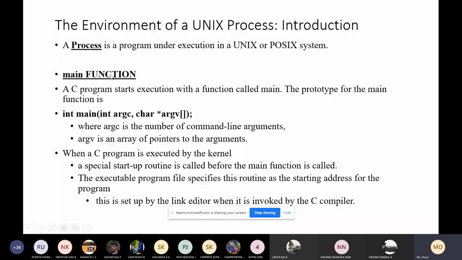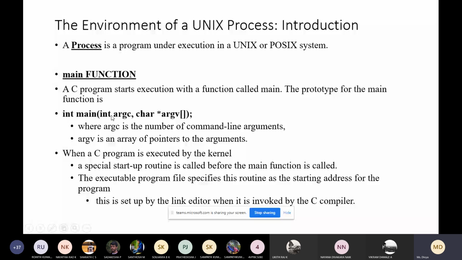We start with a C program. Every C program has an entry point, which we call the main function. A C program starts execution with the main function, and this is the prototype of how we write the main function with command line arguments.